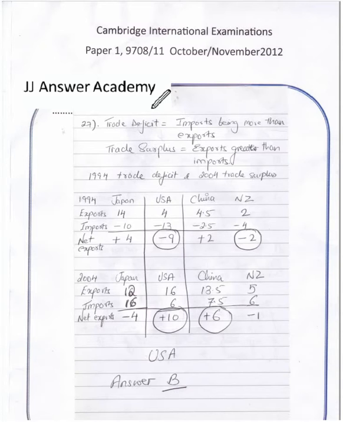This question is about trade deficit, or the balance of payments on the trade account, and we're talking about exports and imports. So what I've done is I've actually explained what trade deficit is. A trade deficit happens when we are importing more goods than we export, and a trade surplus is when exports are greater than imports. Now what I've done is I've looked at the figures from the graph: 1994 trade deficit and